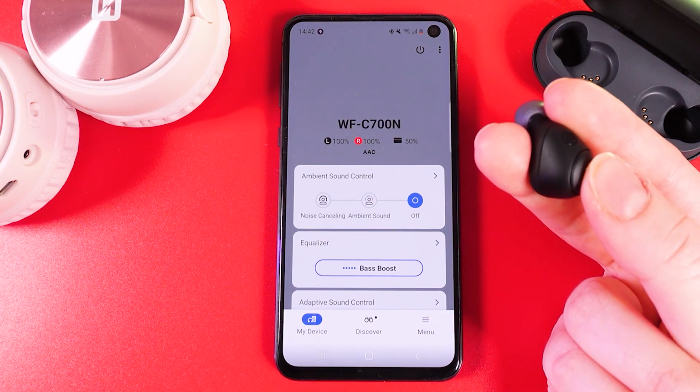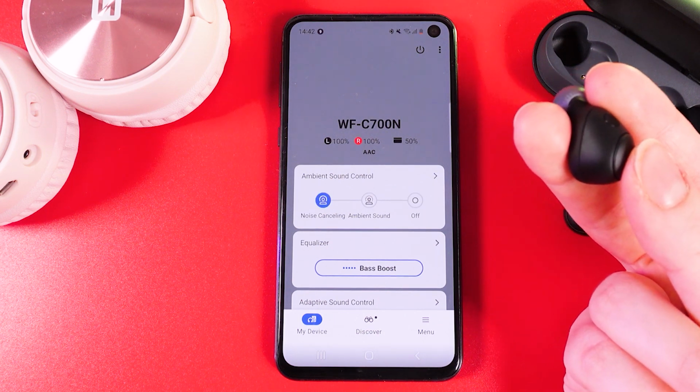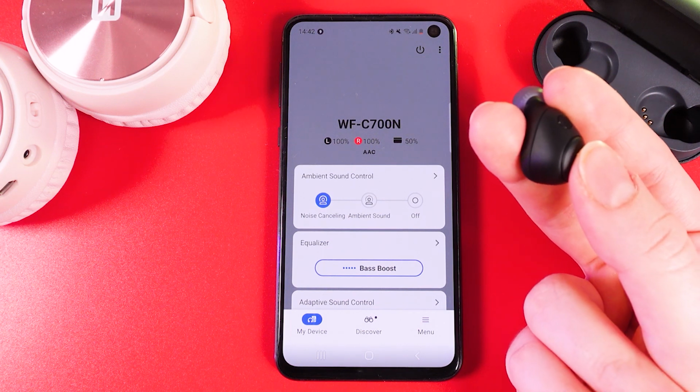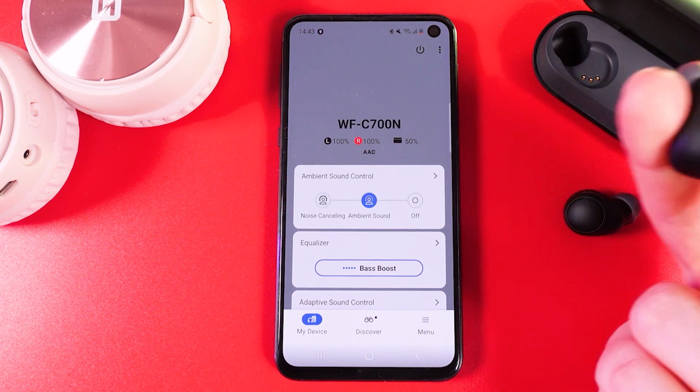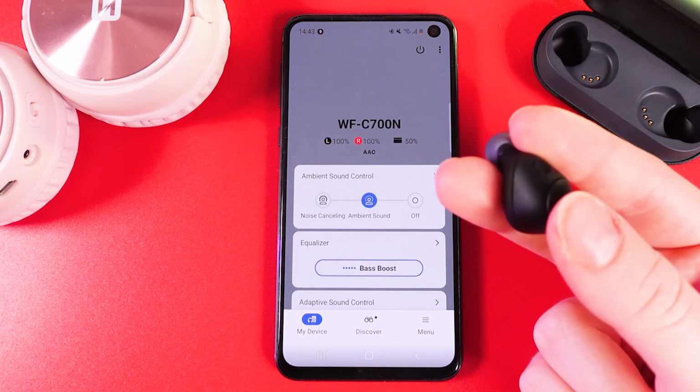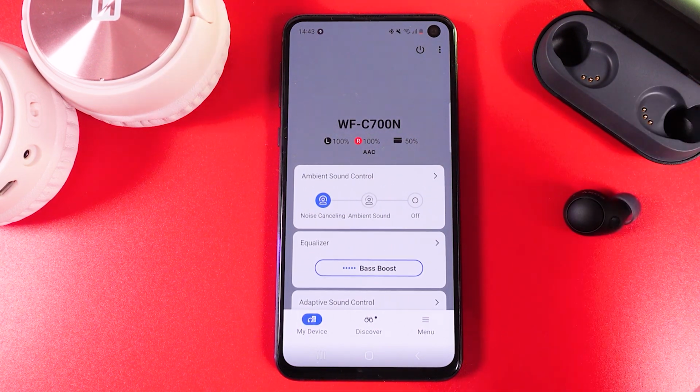So let's take a look. I'll click on it once, and now you can see that we have enabled the noise cancelling. And now if I will click once more, we are now on the ambient sound. And we can do it like this how many times you want, because this will stay like this